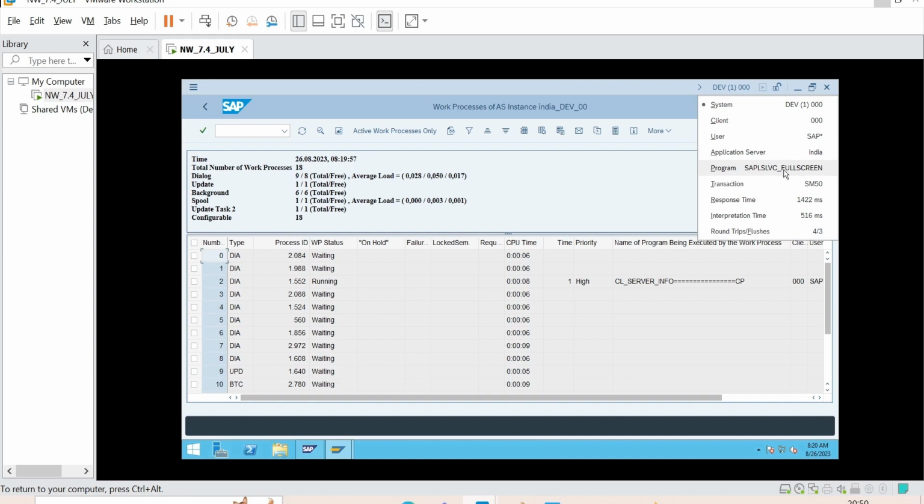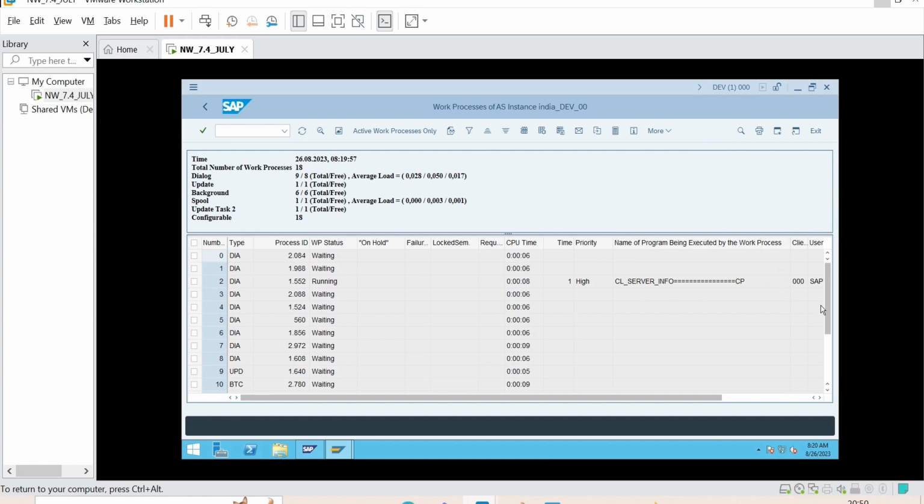Is it easy to remember 100 to 200 program names? No. That is the reason SAP has given shortcuts for those programs. When you hit SM50, this program runs in the background and brings the screen from the database. You need not remember a single program name as a basis admin. Just a T code is enough for you.